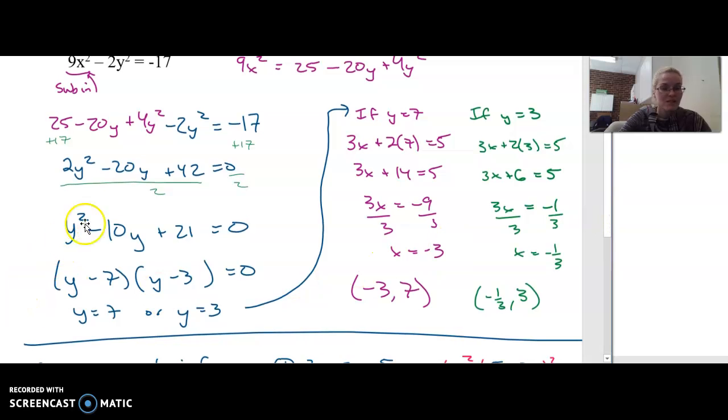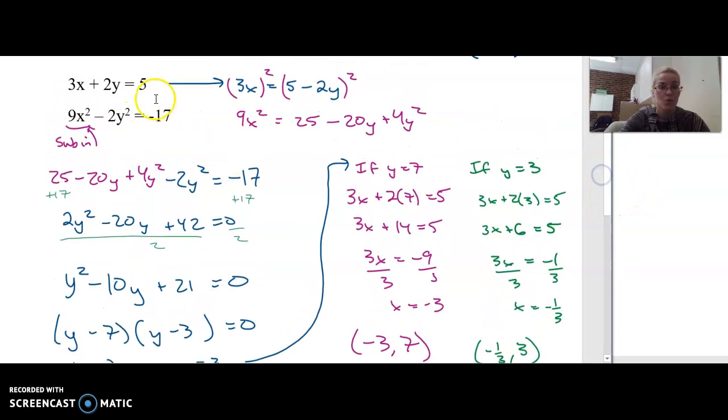Y squared minus 10y plus 21 is 0. So factoring this, you get y minus 7 or y minus 3, so y is 7 or 3. If y is 7, I'm then going to substitute that back into equation 1 here because it's much easier to solve for x. So 3x plus 14 equals 5 means 3x is going to equal negative 9 if I subtract 14 from both sides. Divide both sides by 3 and x equals negative 3,